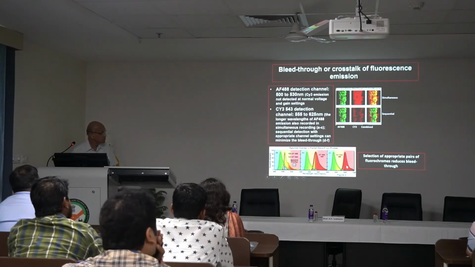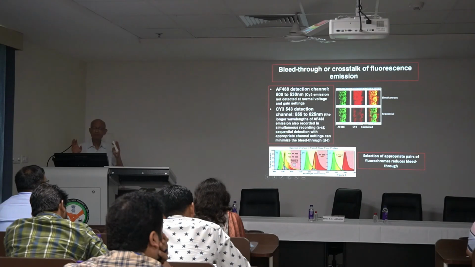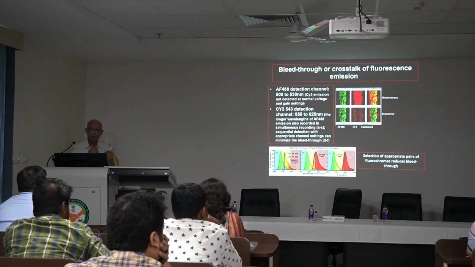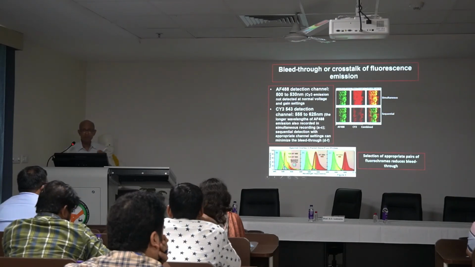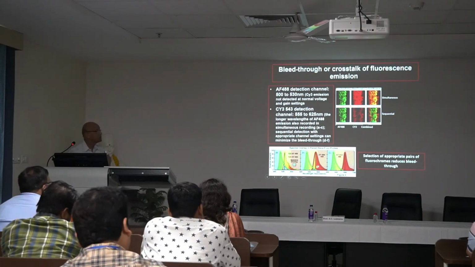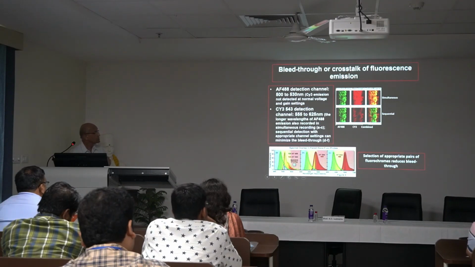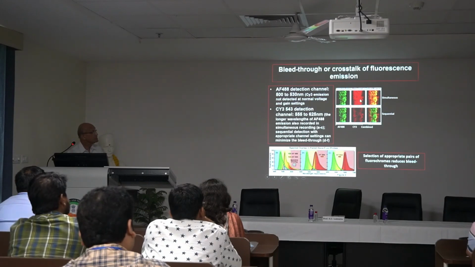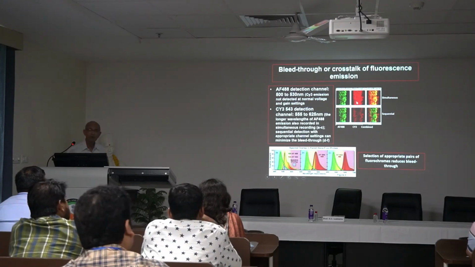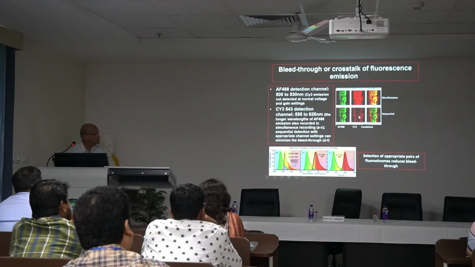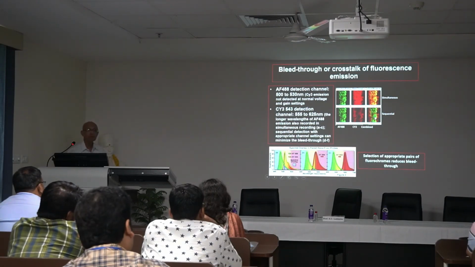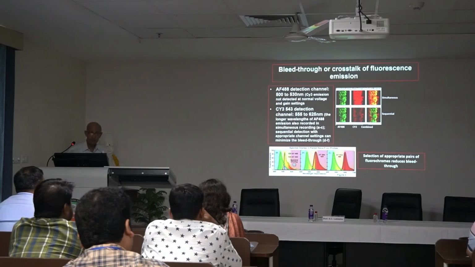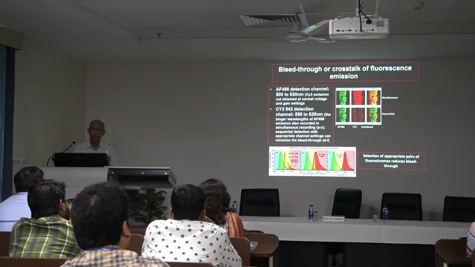So we must choose fluorochromes that have reasonably separate, distinct emission and excitation spectra, so that we can image them simultaneously. One possibility is that we can image them separately, but there will always be problems. So one must make sure, for example, in this case, two fluorochromes give you an image like this because they have overlapping spectra. But if you use the same thing with distinct fluorochromes, even if you merge, you don't get bleed through. So this is a very important issue that happens in fluorescence and confocal microscopy.